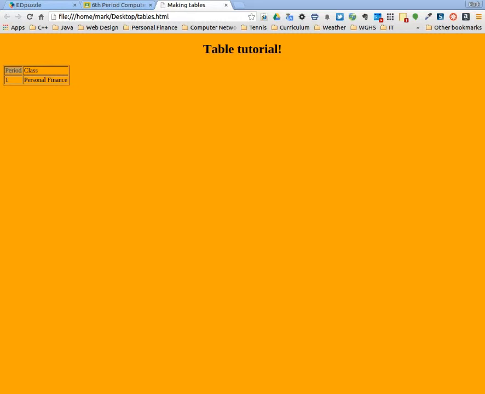Now in order to make the second box in the same row, I'm going to make another set of TD tags and put class and close. Again, you can see each box is surrounded with a pair of bookends here, essentially an open and closing TD tag. And then when I'm ready to move on to the second row, it's super important that I close the